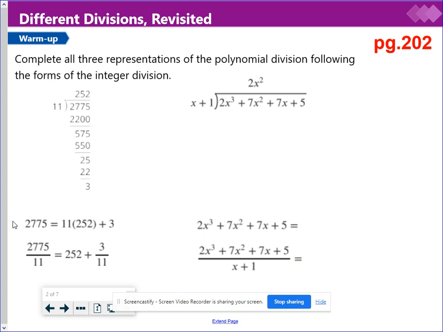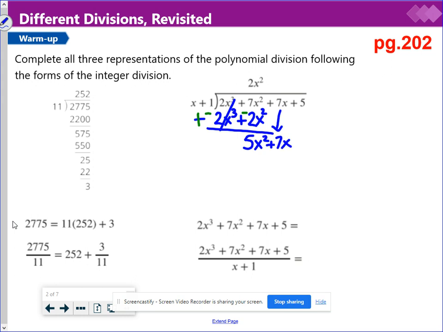So doing my long division here, they started it already. 2x squared times x plus 1. 2x squared times x would be 2x cubed, and 2x squared times 1 is 2x squared. And then we subtract, but you know that we're going to add the opposite, and this cancels. 7x squared plus a negative 2x squared is 5x squared. And we bring down our